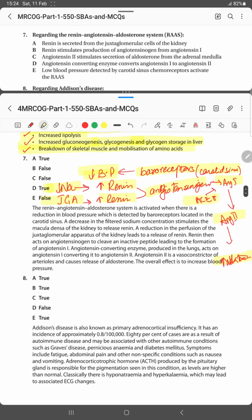Now let's see our options. Regarding the renin angiotensin aldosterone system, the renin is secreted from the juxtaglomerular apparatus of the kidney. Yes, that is true. And renin stimulates the production of the angiotensinogen from the angiotensin 1. That is also true, that they are going to increase the production of the angiotensinogen, which leads to the increased production of angiotensin